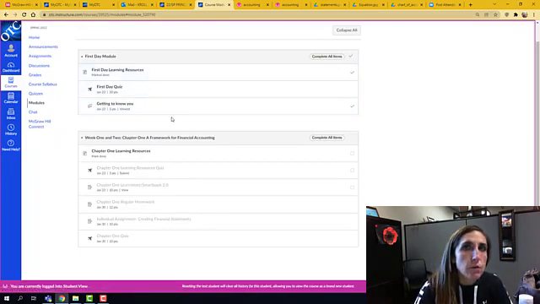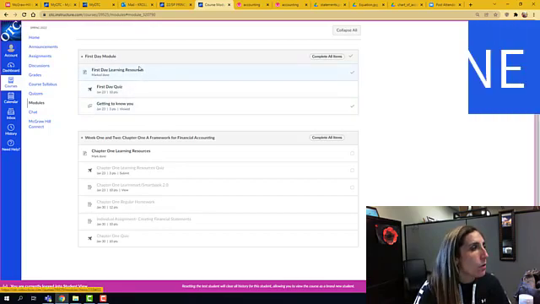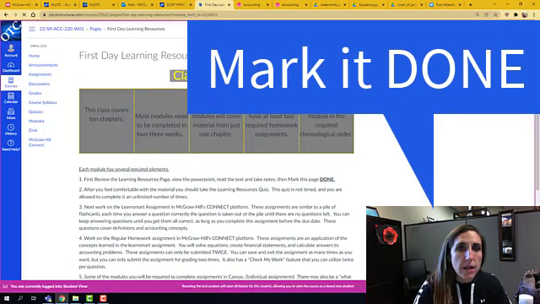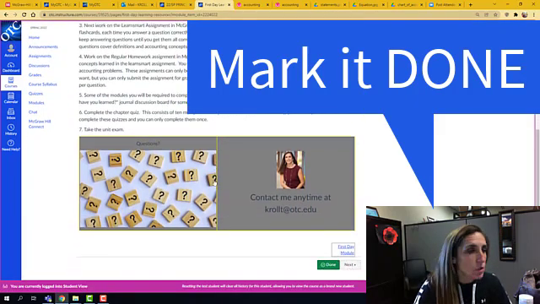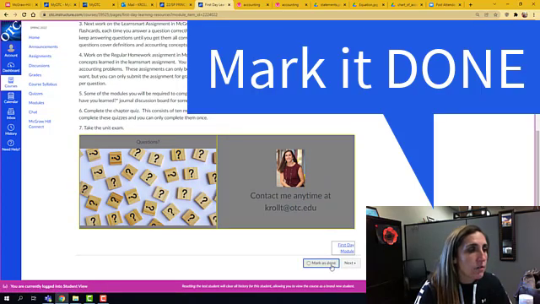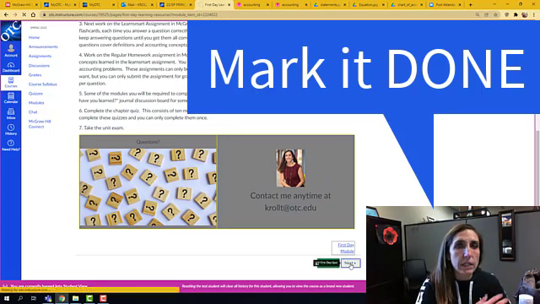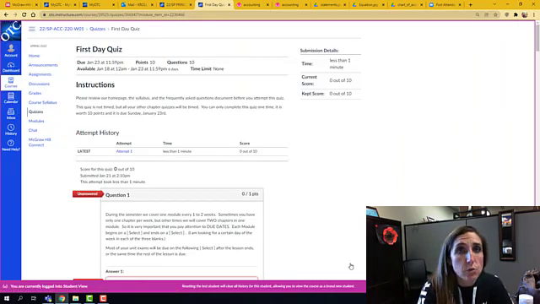It's really important that you explore on the start here how to do the first day module, because that will give you an example of what each chapter module looks like. You need to, as a student, make sure that you go in to the resources on every chapter, read all of this for each chapter, and then mark it done. If you don't mark it done, it will not release the next item in the module for you.